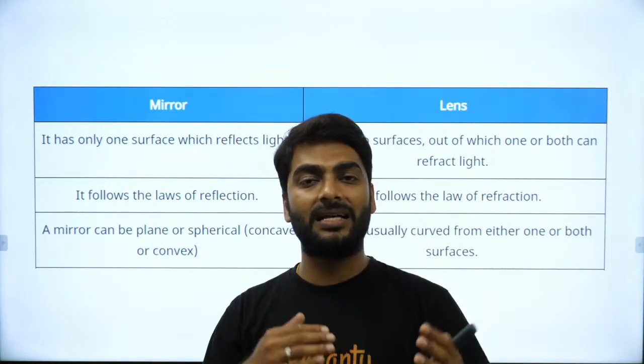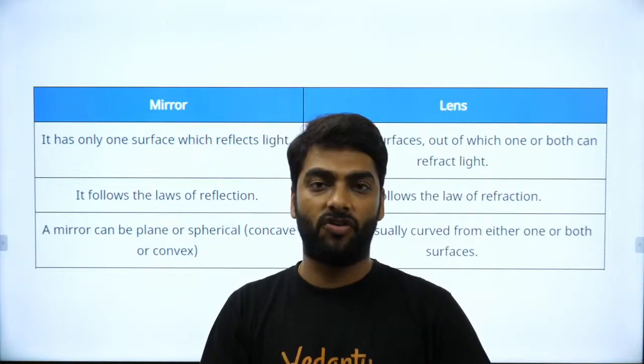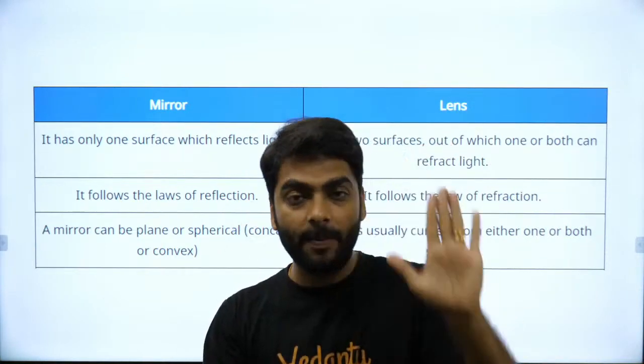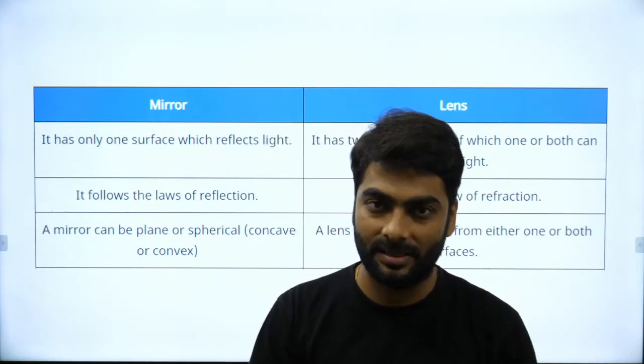So that is the difference between lens and glass. The difference is that a lens is a bit curved. It will refract. It will change the direction of light. But a plain piece of glass, a round piece of glass, it is glass. It is not a lens.